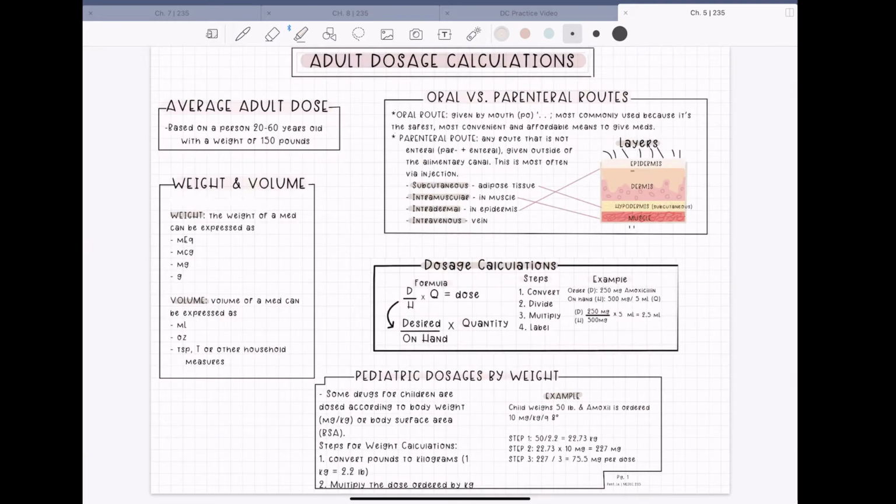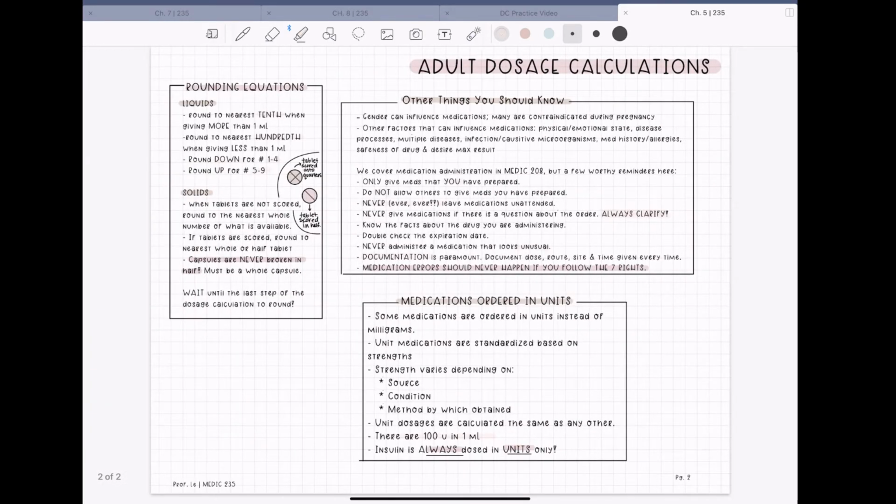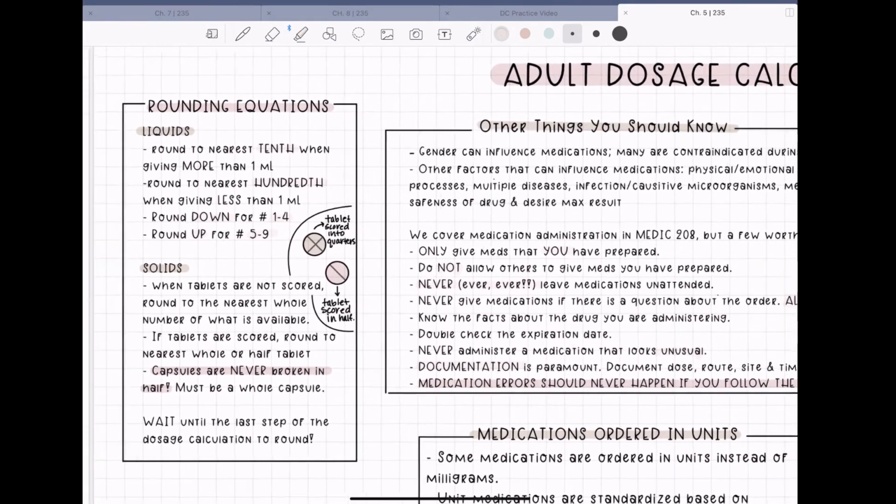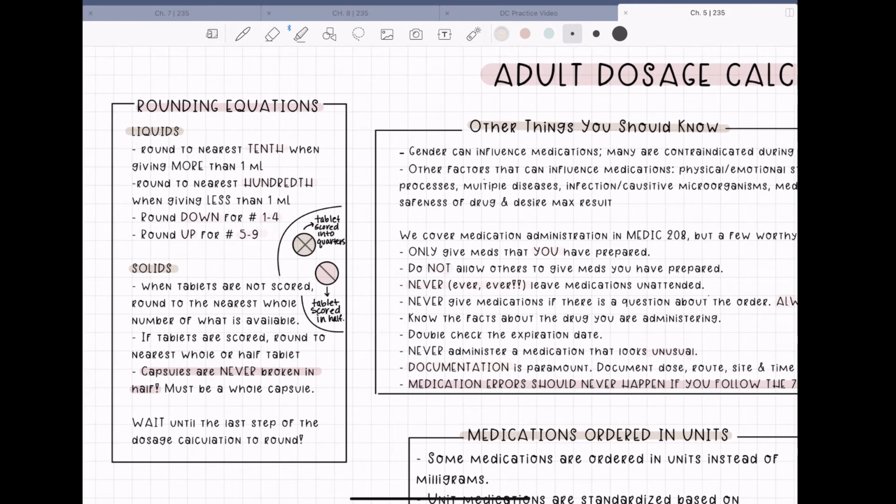Okay, on the next page we have some other things that you need to be aware of. First of all, when you're rounding equations, if you are doing a dosage calculation with a liquid, you want to round to the nearest tenth when giving more than 1 mL. You want to round to the nearest hundredth when giving less than 1 mL. You always round down for a number that is 1 through 4, and you round up for numbers 5 through 9. So say you have